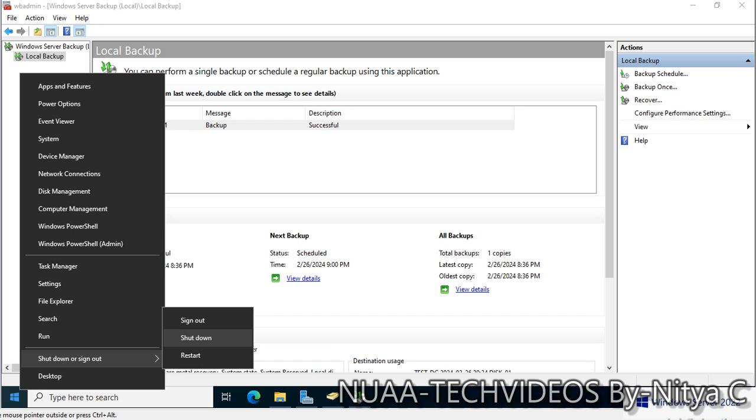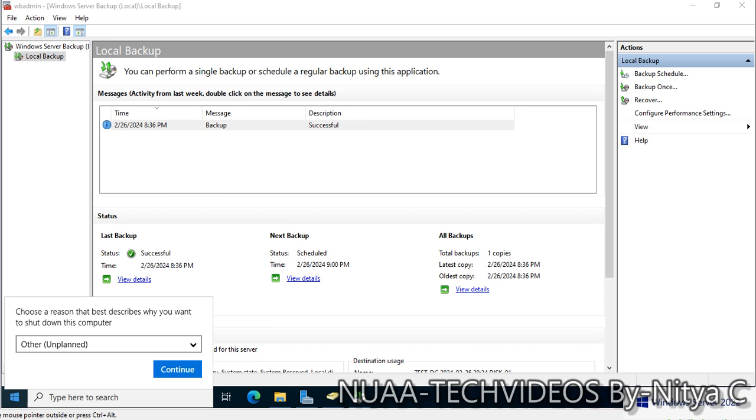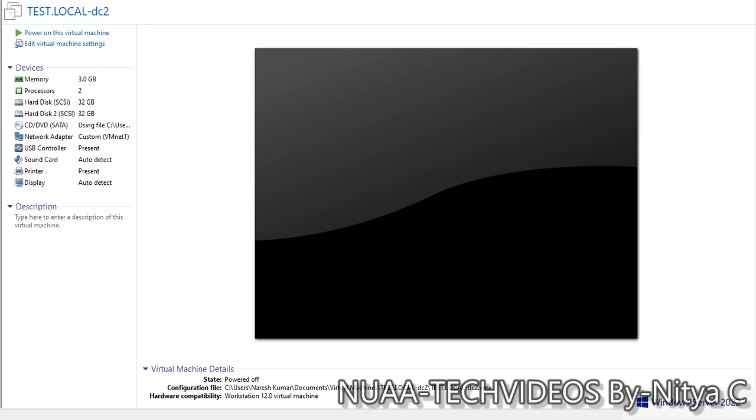I'll shut down this domain controller for now and will restore from the backup. Okay, so the VM is down,